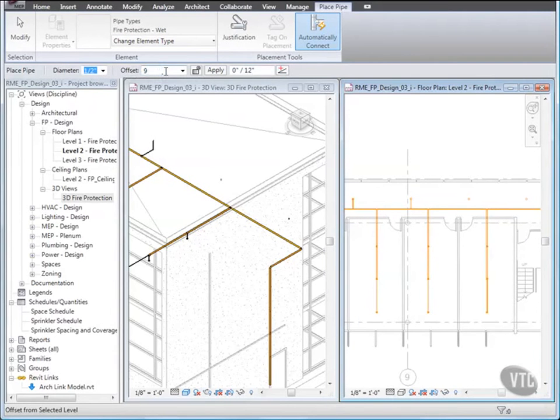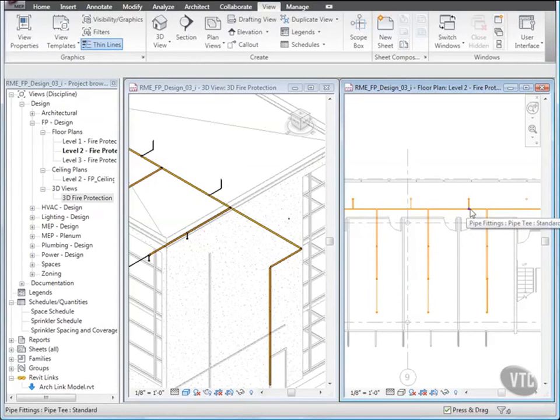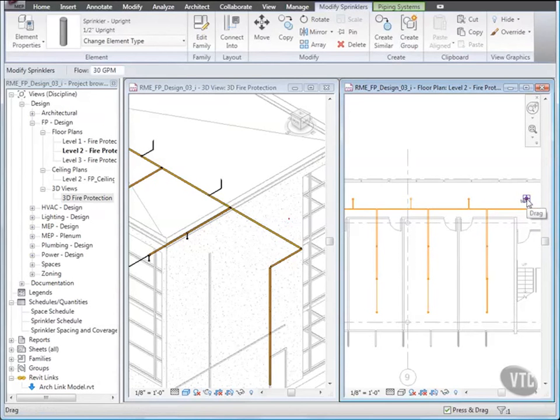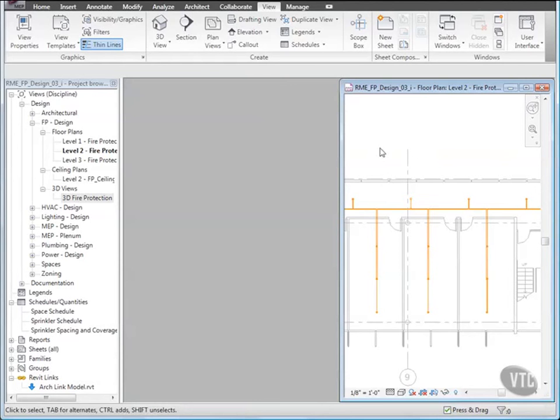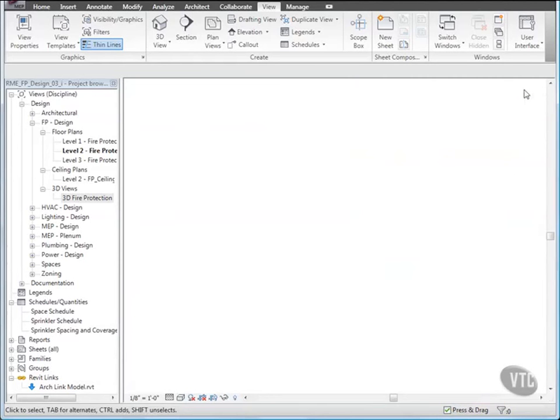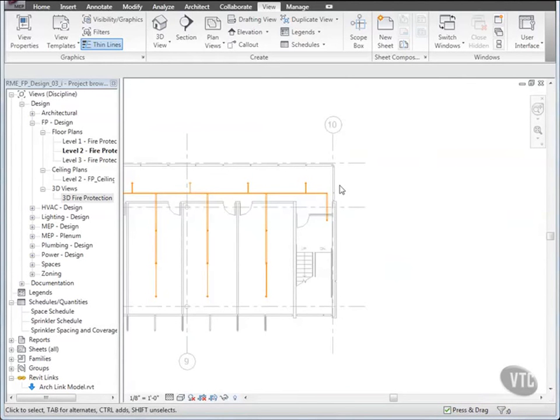And in the drawing area, click the intersection with the horizontal main pipe, and press Escape. Then, using the same method, draw pipe from the last unconnected sprinkler to the main pipe. When finished, to verify the connectivity, close the 3D view, and in the plan view, zoom so you can see the entire wing with the fire protection system,